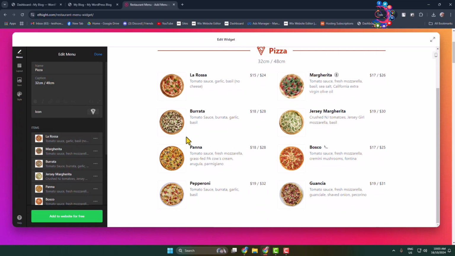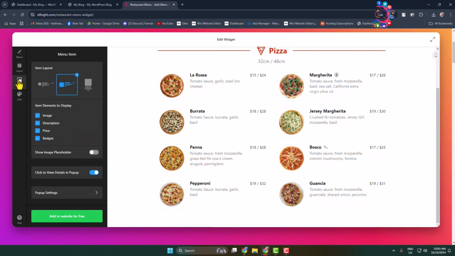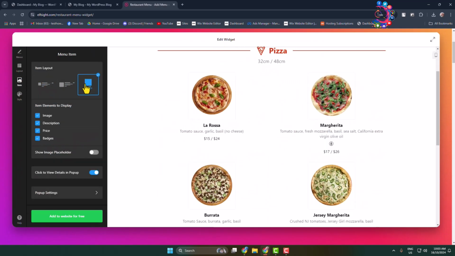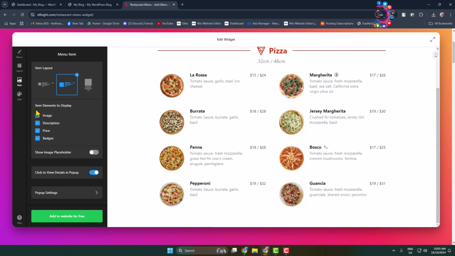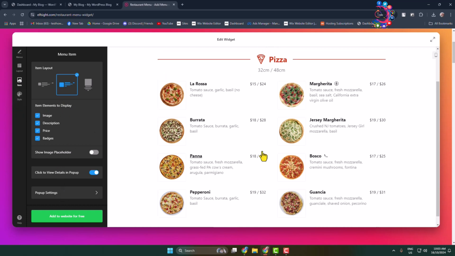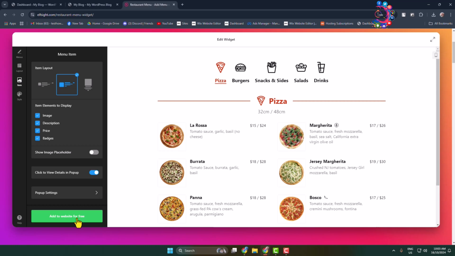And after that, click on this option, and here you can change layout just like so. You can also enable or disable image, description, price, badge to display. And now once your editing finish, click on add to website for free,